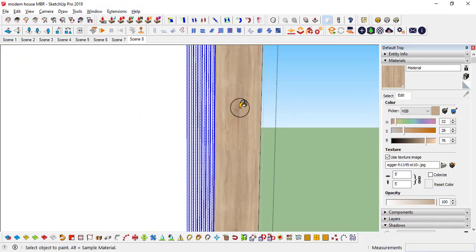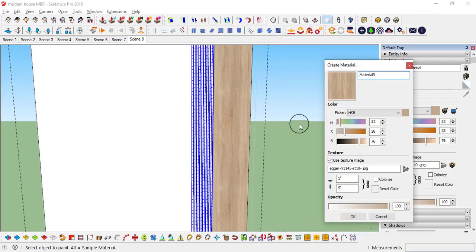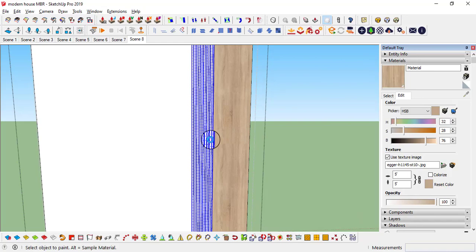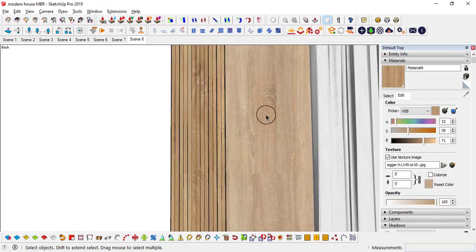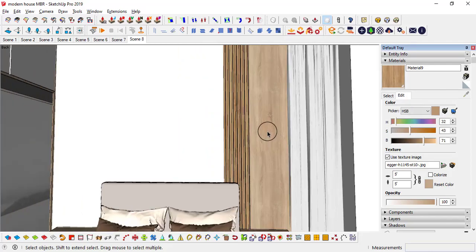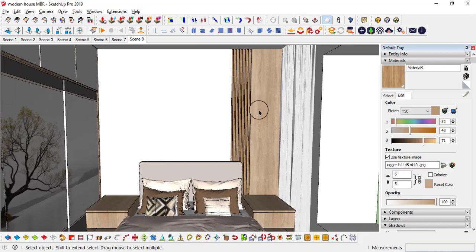Okay, that's good. And I will create a new material with some contrast in it, darker than this one. Click OK and apply here. This is kind of dark compared to this. If you want, you can increase it further also. Okay, this is okay. While rendering we can adjust that.